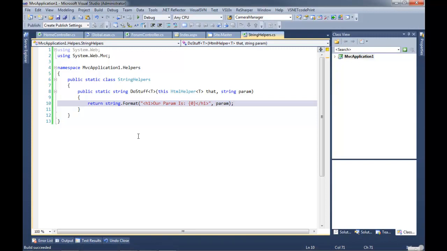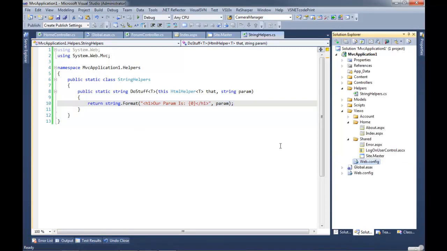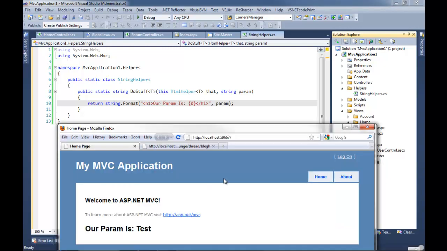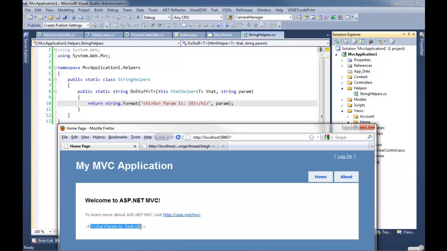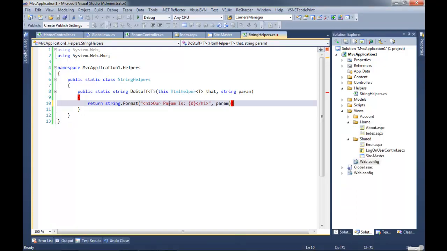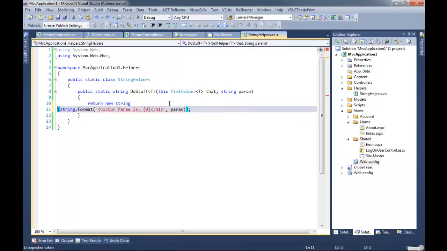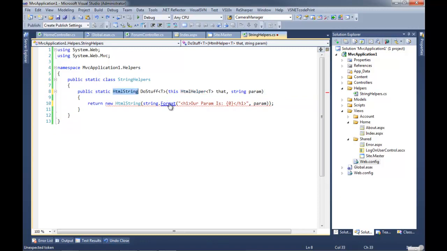And after we compile, this will really upset you as you do ASP.NET MVC development, when you have to recompile and when you don't. Remember, if you edit anything that is not a view file, you will have to recompile. Yeah, because all the CS files are compiled. Yep. And now we get the literal of that. Gotcha. Very nice. Remember to use the HTML string when you want to print HTML with your helper.